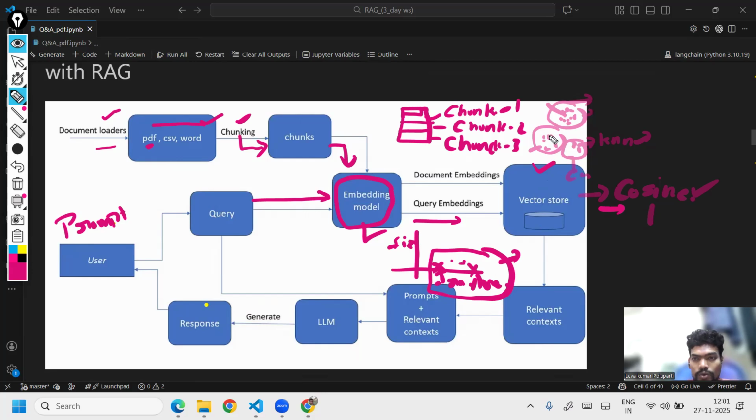The location looks like this. All the sci-fi movies are stored here, and any action movies are stored here. Why are we storing like this? So that when the augmentation happens, when the retrieval happens from this vector store, we can easily retrieve the